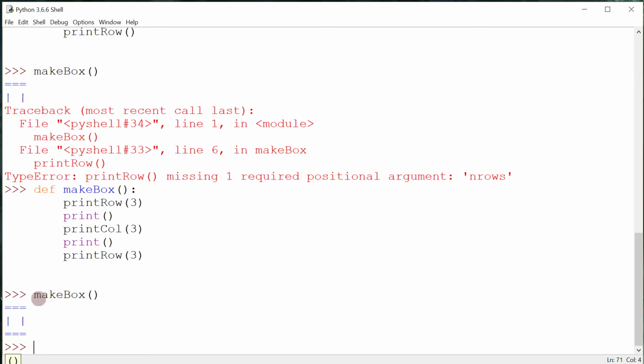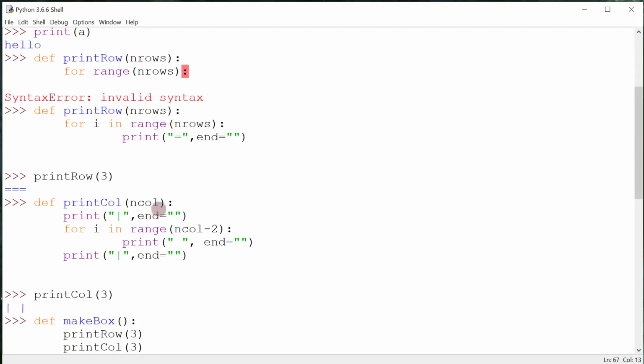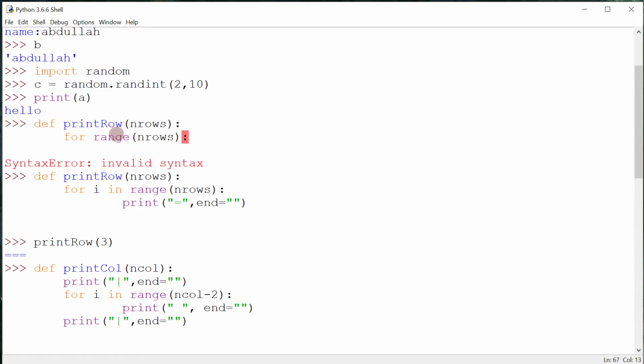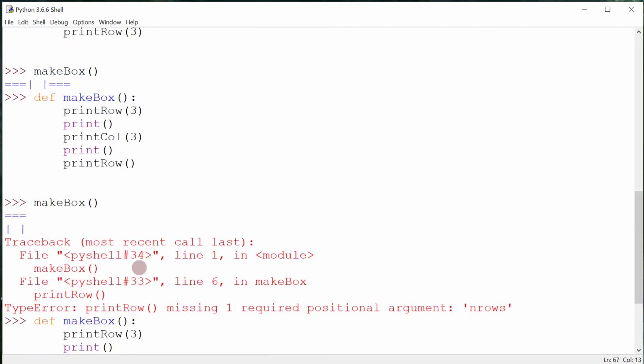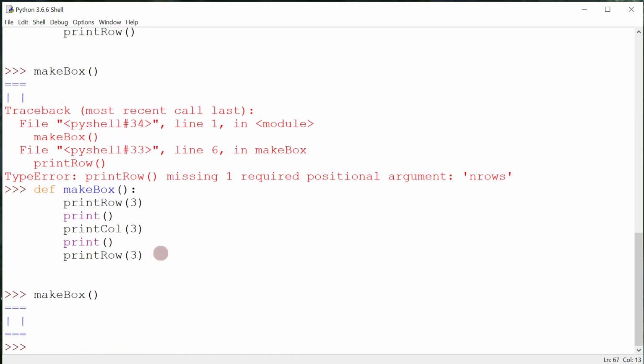So what I basically demonstrated here is one of the most important, and I think one of the funnest concepts of programming. That's composition, right? That's what I've been talking about this whole entire series, with my analogy of using the basic instructions that the computer comes with to create bigger and more complex instructions and keep on building upon that. So what we did here was, using the basic instructions that the computer came with, we built a couple of functions, right? Like the print row and the print column function. And then using our own functions, we created a yet even more complex function that is able to make a